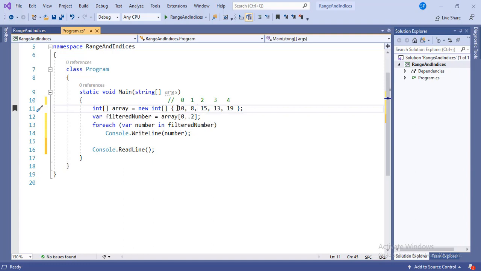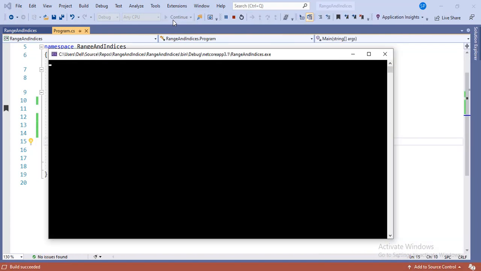Therefore it will print 10 and 8. It will not print 15 because when you create a range using the range operator, it will not include the last element. Let's run our application and see what we get. So it prints 10 and 8 as expected.